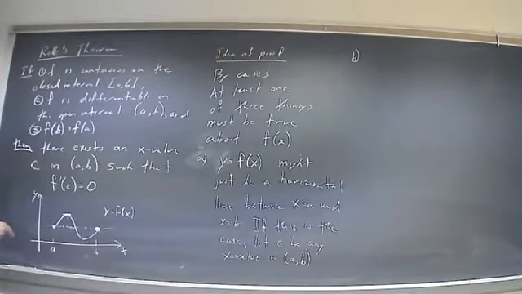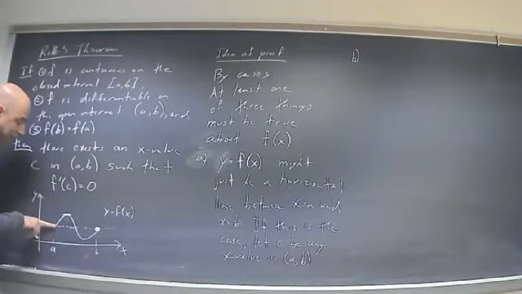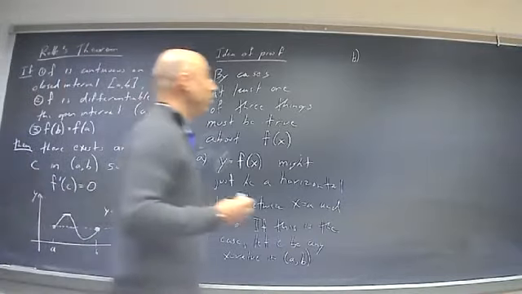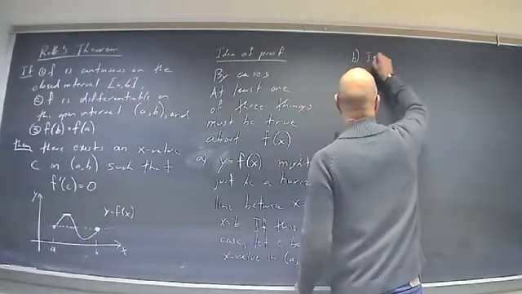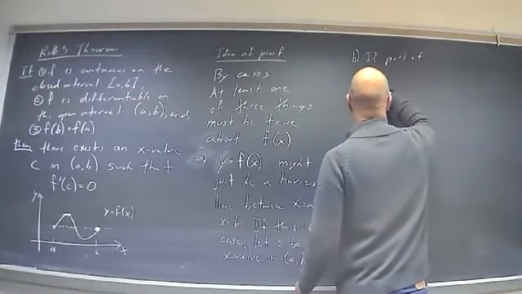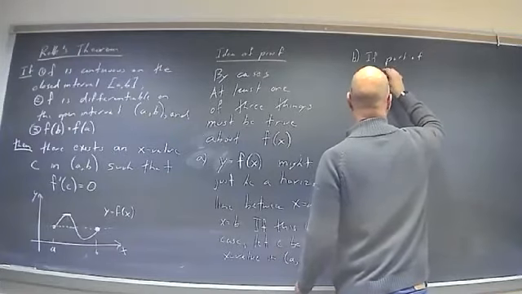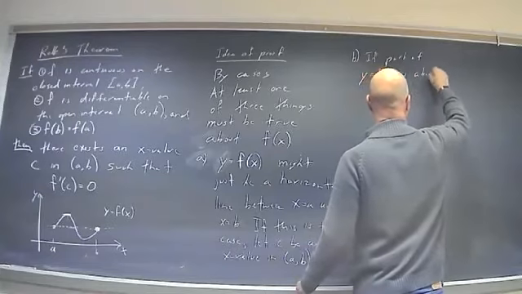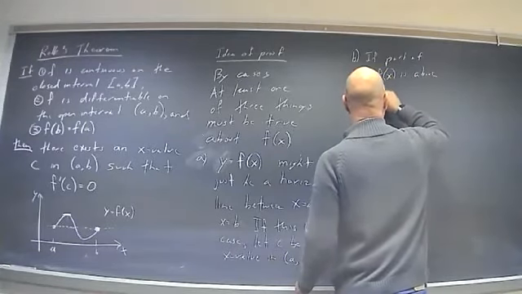If it's not a horizontal line, the curve either has to go above this height at some point or below this height at some point, or possibly both. In my picture, the one I've just drawn right now, it goes both above and below. But if part of y equals f of x is above height